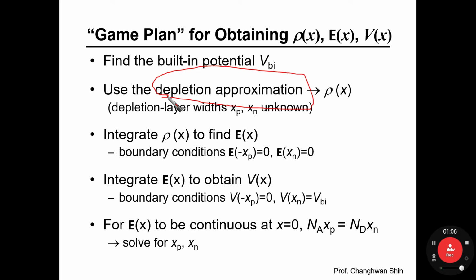They are diffused away into the other side. So only the ionized dopant atoms are left behind. So that is the main physical origin of why the charge density is non-zero near the interface between the p side and n side. So once we find the charge density plot, you remember this,